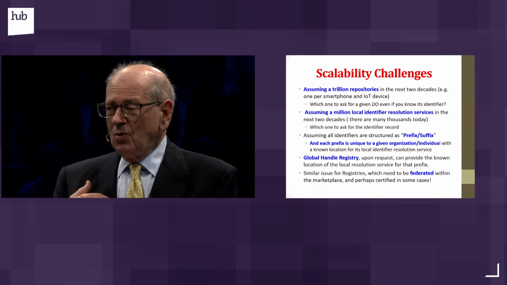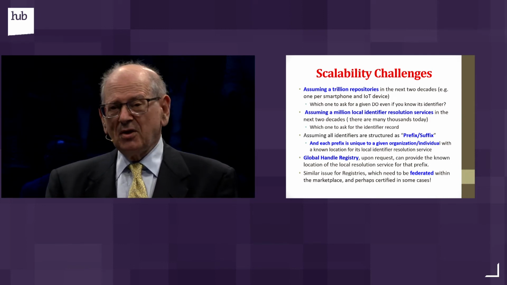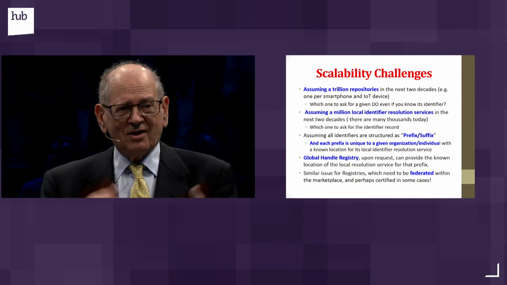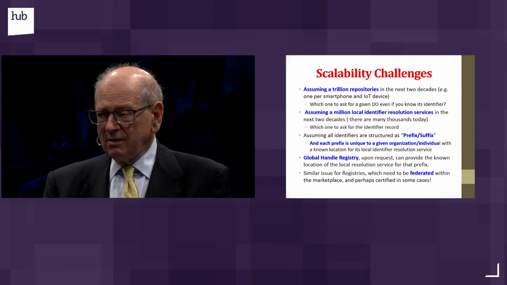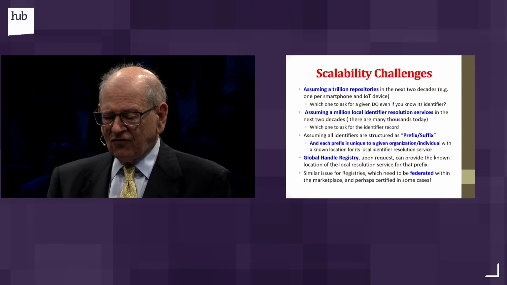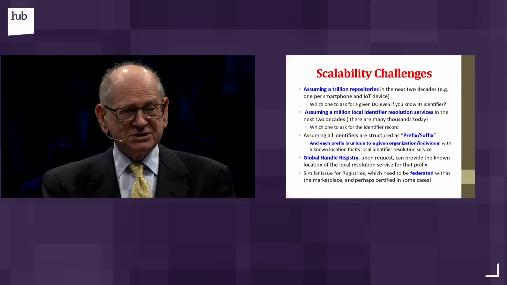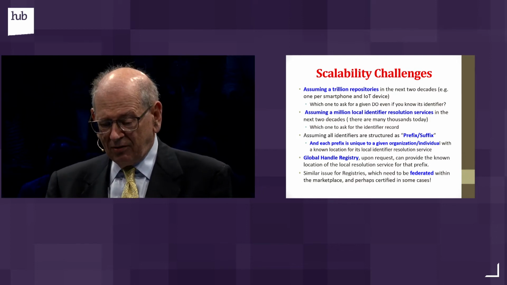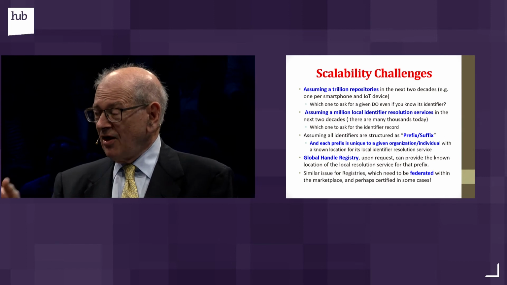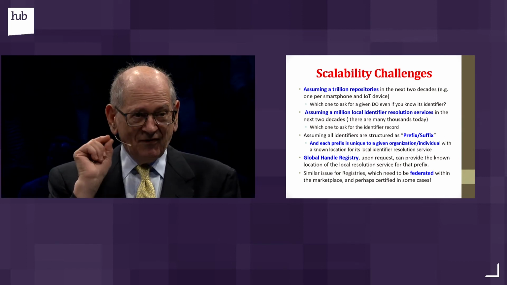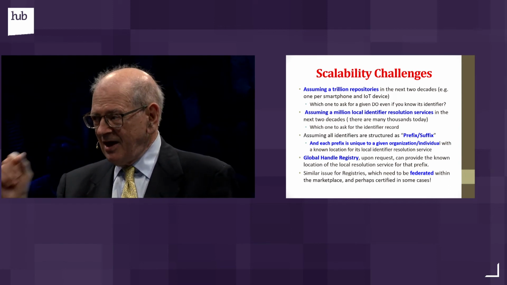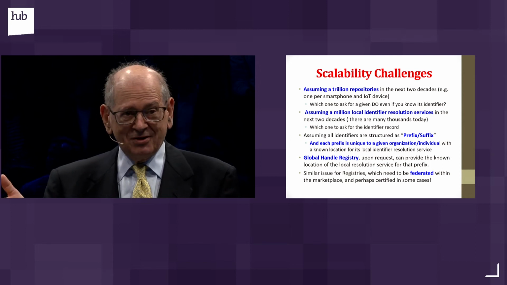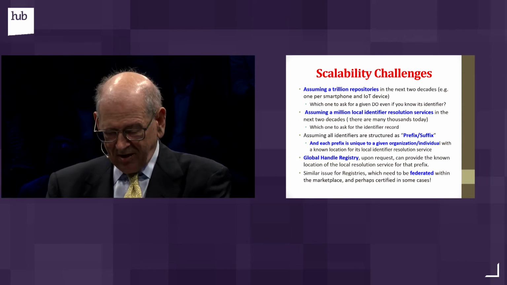So let's say we had a number 1,000 as a prefix. We could create 1,000.1 or 1,000.abc, 1,000.computer science, 1,000.headquarters, whatever, and we can know about creating identifiers based on that because people will know who the organization was that created it. So we call this centralized registry of prefixes the Global Handle Registry. And the way you now resolve an identifier is first resolving the prefix in this global registry, then going to the local handle services, since you know who might have created it. They may say we didn't create it at all, and it goes from there.